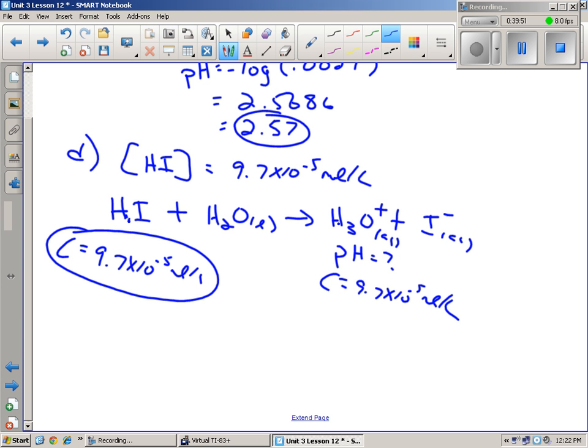So what do you do now? You take the negative log of 9.7 times 10 to the negative 5, and you're done. Do you get the same answer? Of course you do, because you're doing the same number. The important thing here to understand is, what are we actually measuring? Are we measuring HI for pH? No, we're measuring H3O+. Does that turn out to be the same number? It does. But I do want you to understand that when you're measuring pH, you're measuring H3O+,